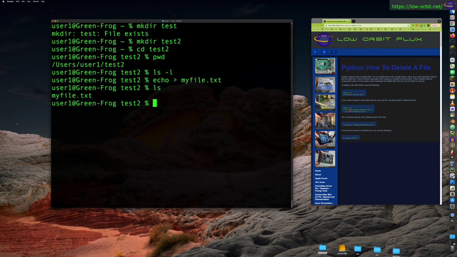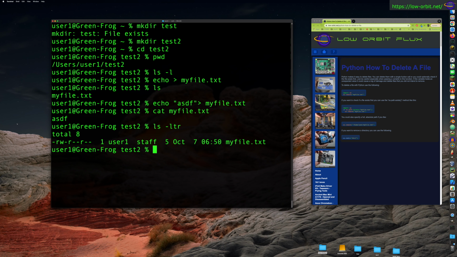Okay, so there we go. We got a file called myfile.txt. We should probably just put something in it, right? There we go. Just threw some random text in that file. So we have one file called myfile.txt, and we're going to want to delete this with Python,